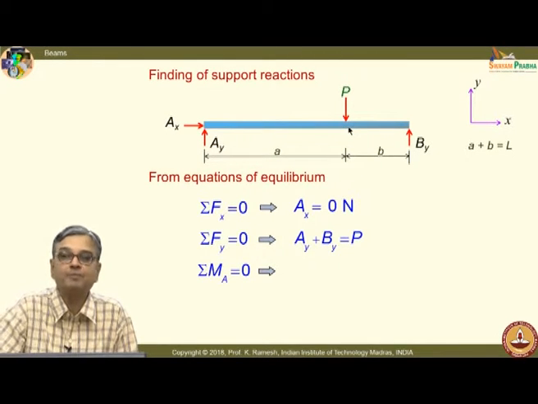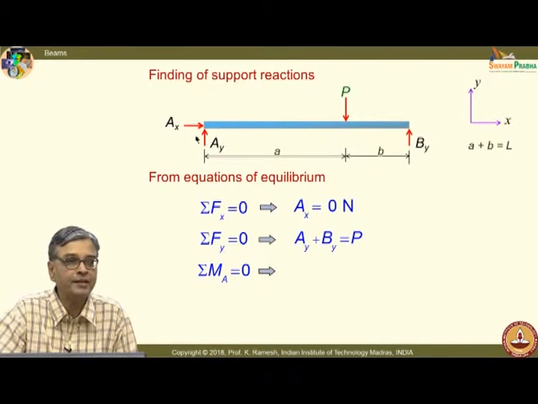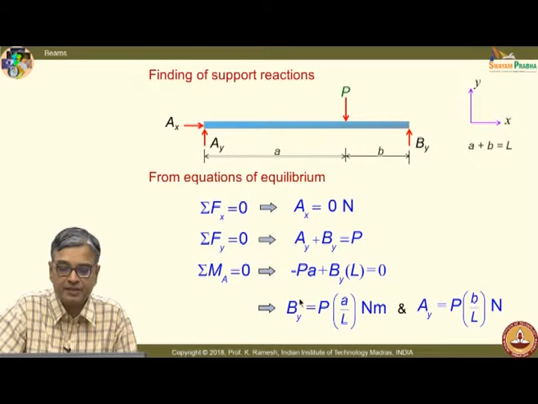And what is the way force P gives the bending moment? It is clockwise. I would like you to visualize that. It gives the clockwise bending moment and the reaction By gives the anti-clockwise bending moment when I look from point A. So, I get this as minus Pa plus By into L equal to 0. I get this reaction at B as P into A by L. It is not Newton meter, it is Newtons. Okay. You correct this. And I have Ay equal to Pb by L